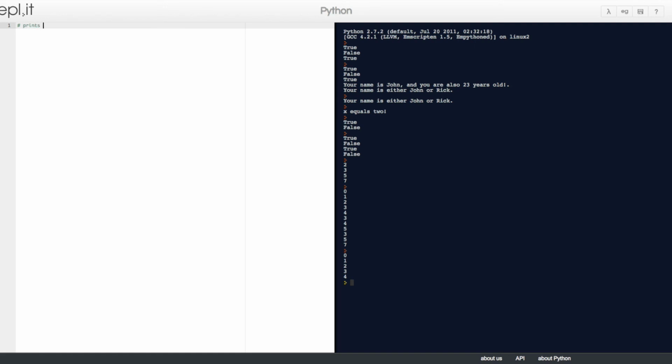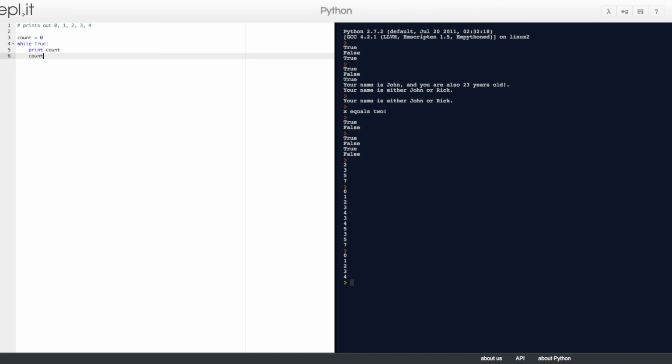So this will print out 0, 1, 2, 3, and 4. The count will start at 0. So while true, colon, and we indent the next line. I don't know why I'm always saying lane, it's line. Okay, so while true, we want it to print the count.